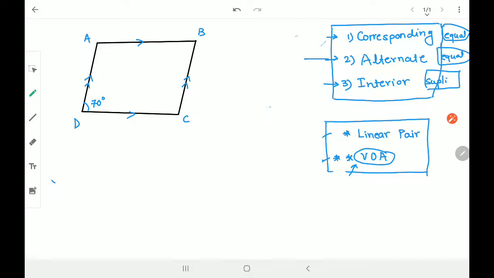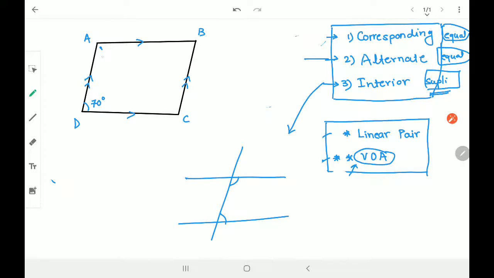तो डोंट यू थिंक ये जो एंगल है ये इसका इंटीरियर है. If you want to check, you can check it. Isn't it, ये एंगल और ये एंगल, we call it as interior angle, the third one, right, at the same side of the transversal, right? Clear? So I hope you understand these are interior angles. What do you mean by interior angles? They are supplementary, you can check that.